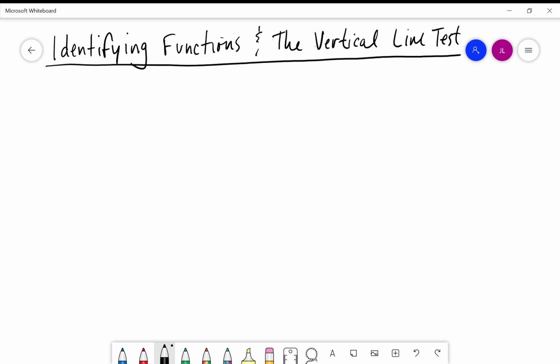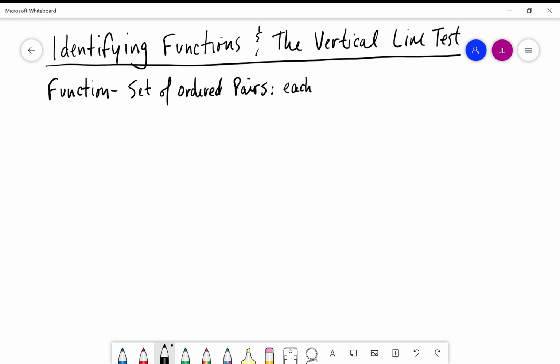Going to look at functions here a little bit, and really going to concentrate on identifying functions as it might be. Now, we need to know what a function is first. So let's identify that, or at least get a definition for a function. So a function is a set of ordered pairs, and in here, what goes with this basically is each